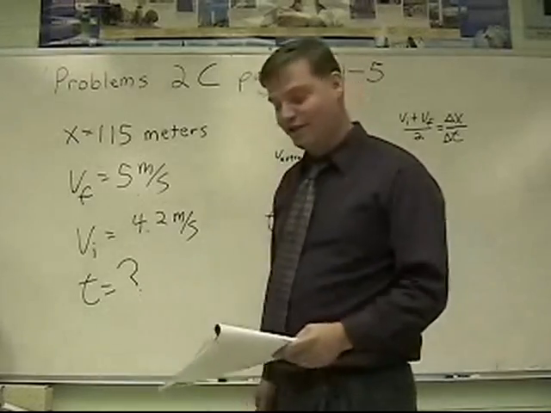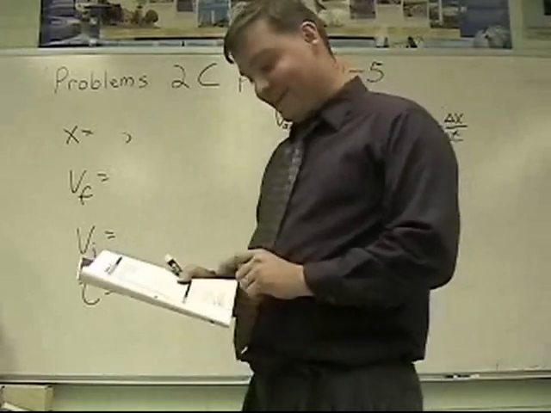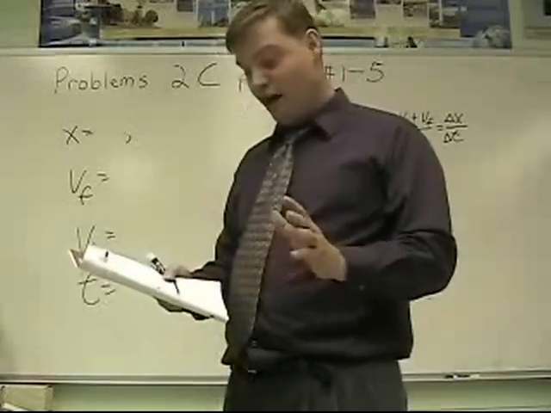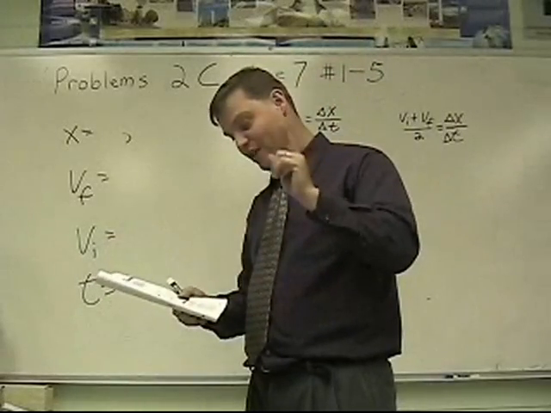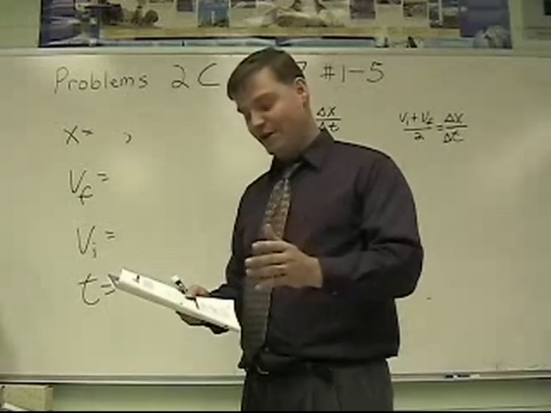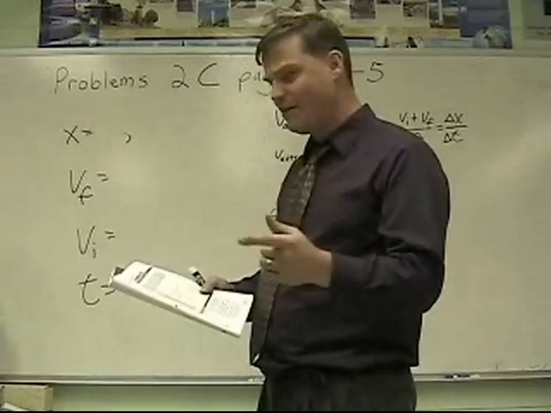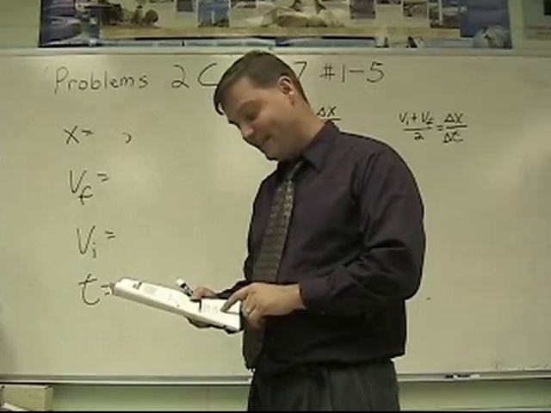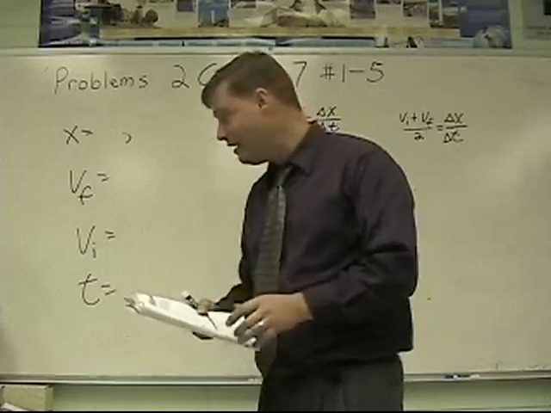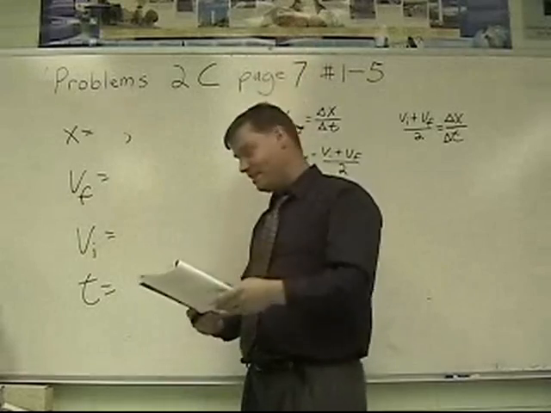All right. Question number 2. Let me erase this here. All right. In a scientific test conducted in Arizona, a special cannon called HARP, High Altitude Research Project, shot a projectile straight up to an altitude of 180 kilometers. If the projectile's initial speed was 3 kilometers per second, how long did it take the projectile to reach its maximum height? We're given a distance from the ground all the way up to the top,